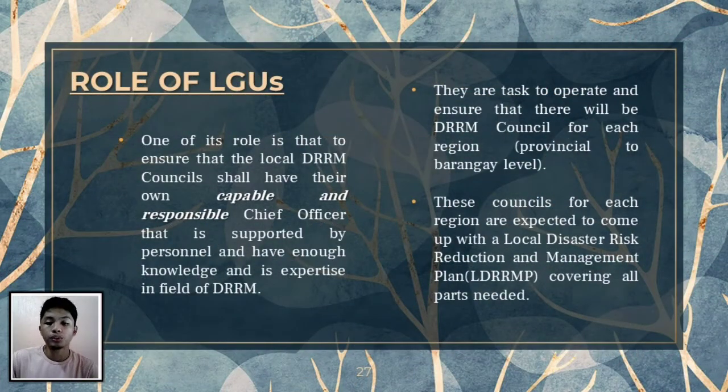So one of its roles is to ensure that the local DRRM council shall have its own capable and responsible chief officer that is supported by personnel who have enough knowledge and are experts in the field of DRRM. They are tasked to operate and ensure that there will be a DRRM council for each region. These councils are expected to come up with a local disaster risk reduction management plan covering all